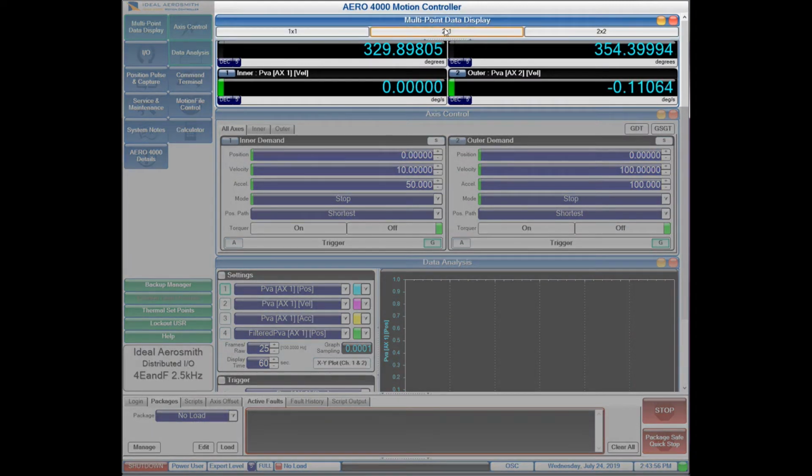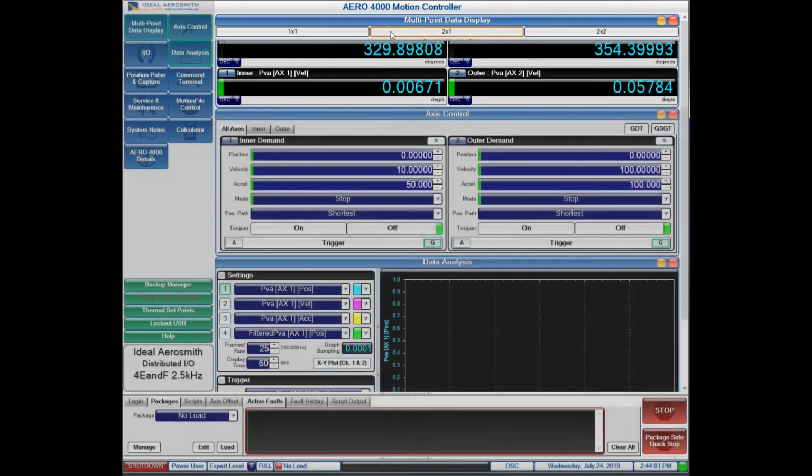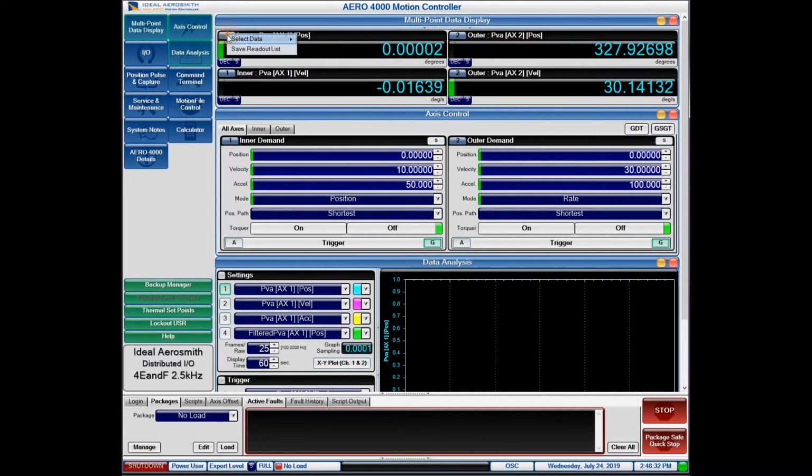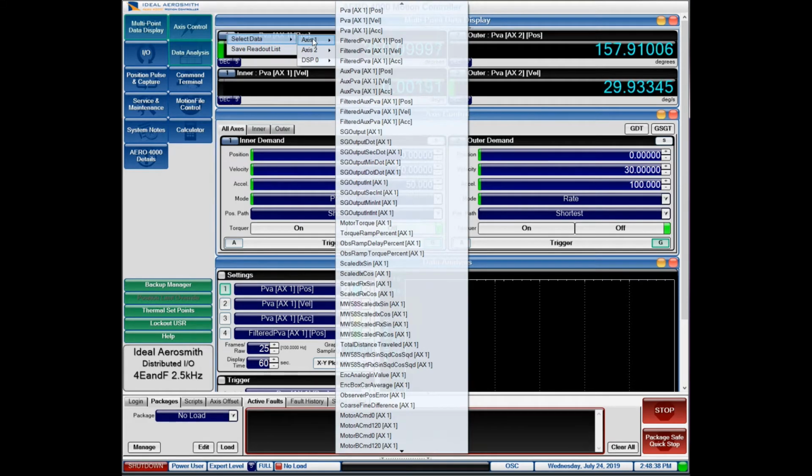You can easily configure the GUI to display between 1 and 6 different values, selecting from close to 100 different outputs, ranging from the most common PVAs to the less common filtered velocities, signal generator outputs, analog inputs, or motor